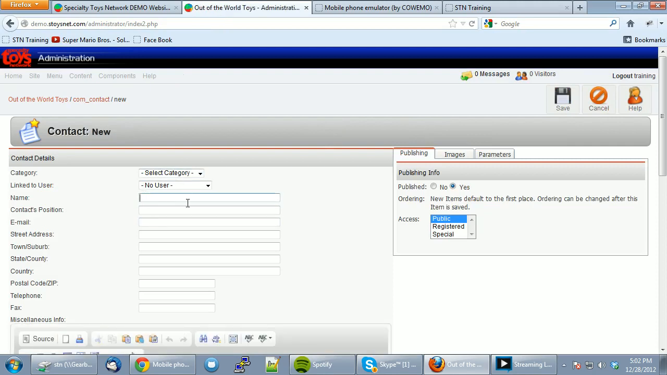And instead, let's give the name, say, Out of the World Toys. And I'm going to say this is at, say, Lancaster Mall. So this is the title of it. Or I could just say Lancaster Mall location. That'd probably be better. Lancaster Mall location. Store. Okay. I'm going to leave this, and I'm going to put the email address in here that it's going to be